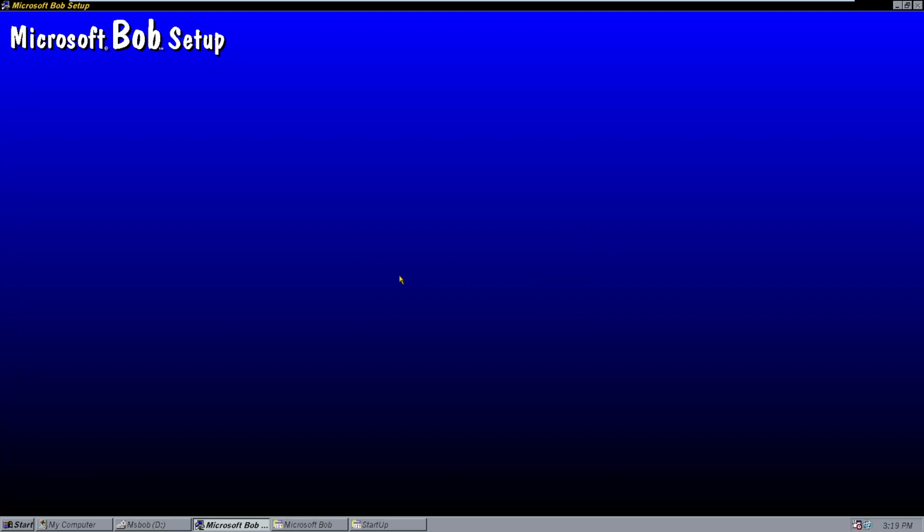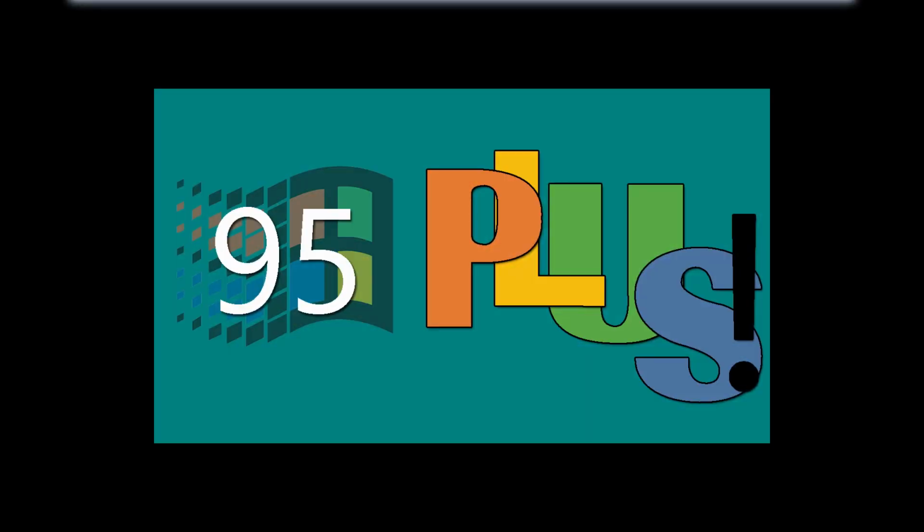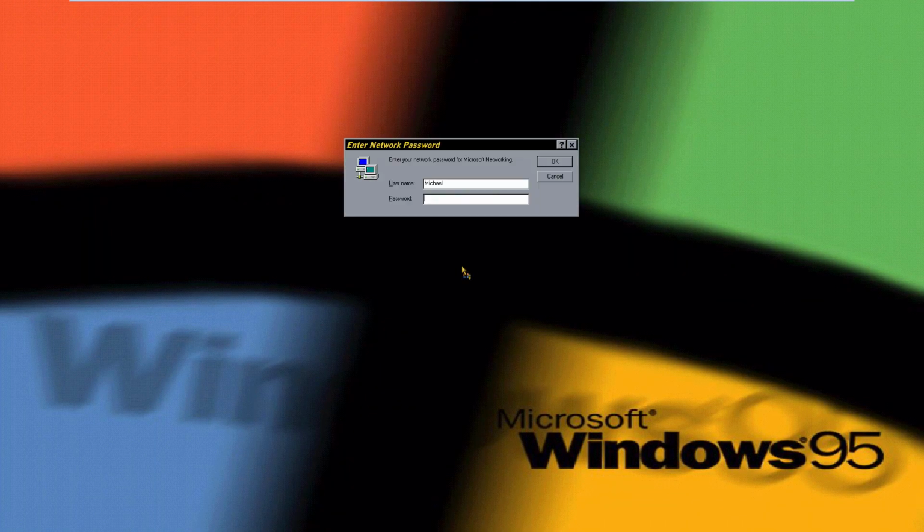Now I am using Microsoft Plus, that's why we got all those different sounds. Which, by the way, if you haven't seen the Microsoft Plus for Windows 95 time travel, that's where I took a look at Microsoft Plus for Windows 95, and actually installed it on the same virtual machine. So if you guys want to see that, I'll probably have a link down below. So we're just going to log back into Windows,